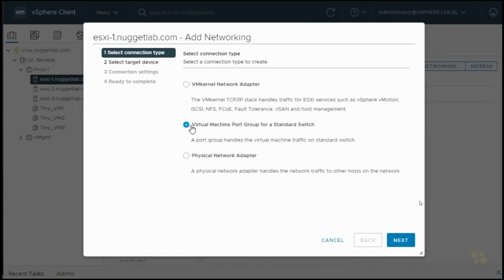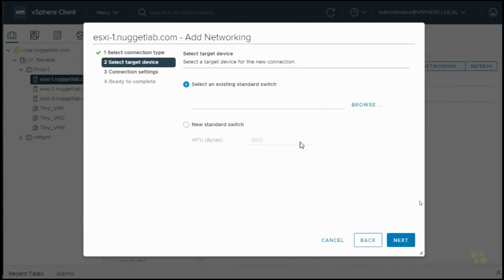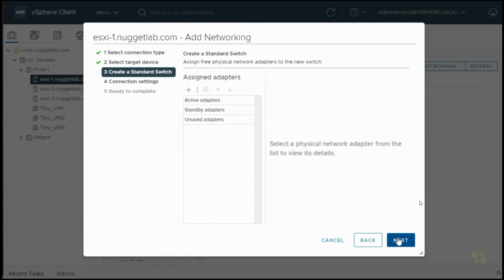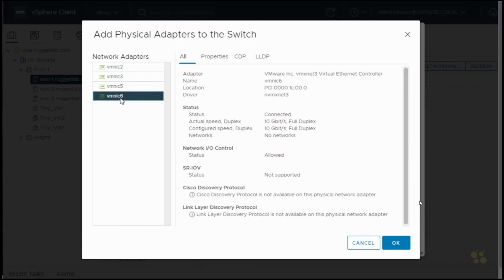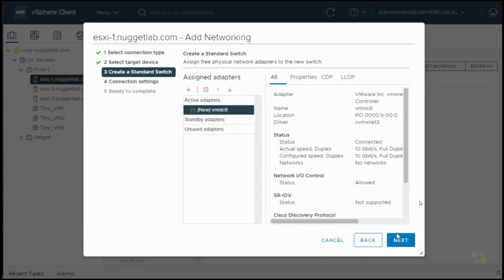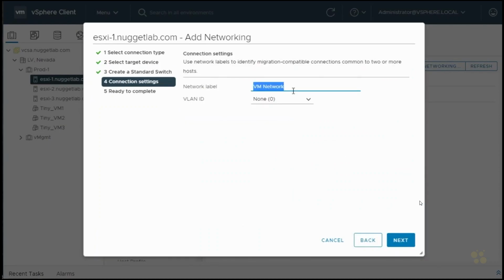All right, and I'm just going to click the middle button here, click on next, and I'm going to make a new standard switch so we can see the defaults. Click on Next. And I'm going to assign an adapter. Now, VM NIC 6, we're going to use that later for something else. But for this demonstration, I'm just going to associate that uplink VM NIC 6 with this new virtual switch so it has connectivity to the outside world. And click on OK. And then click on Next. And I will call this demo port group